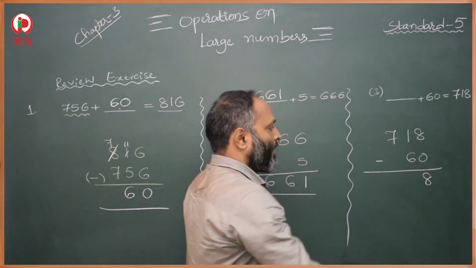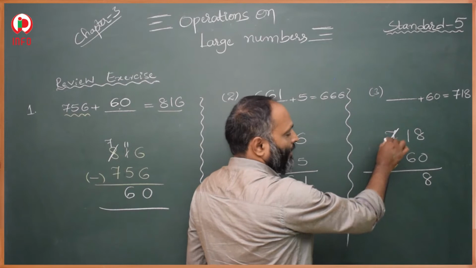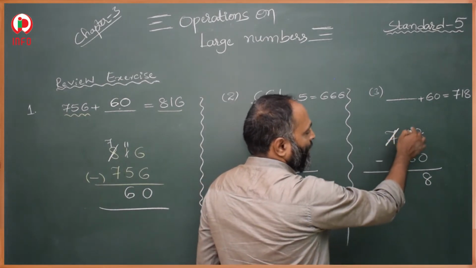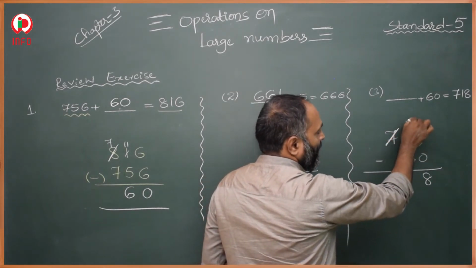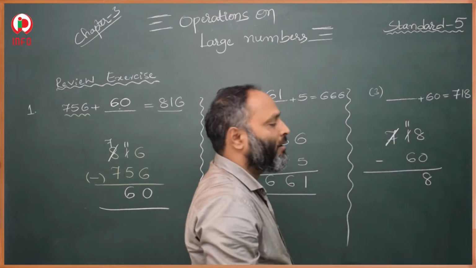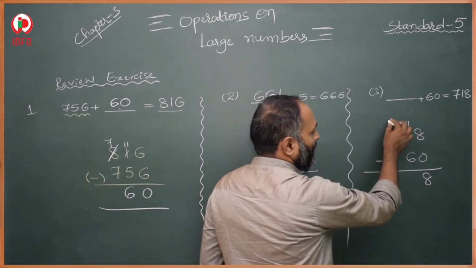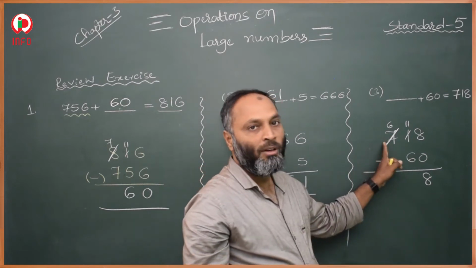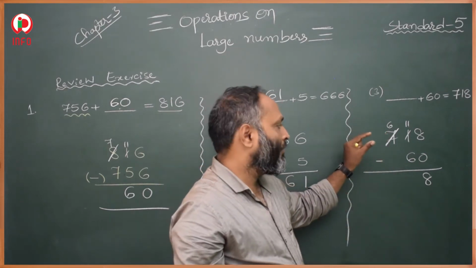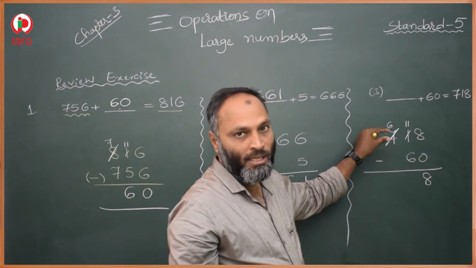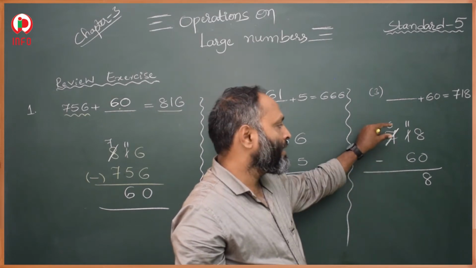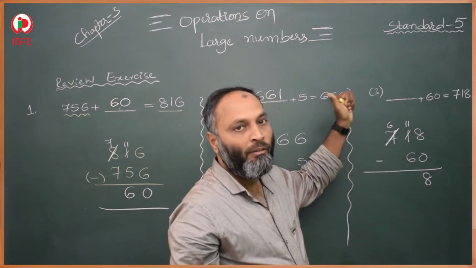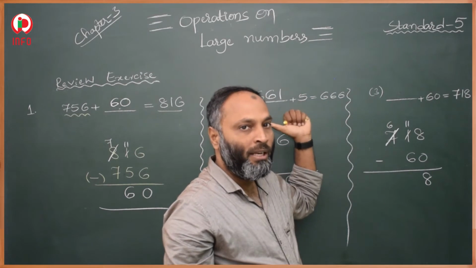This is the minuend, this is the subtrahend. The minuend is smaller than the subtrahend. If the minuend is smaller, then we have to take a borrow from the next digit. How do we take a borrow from here? Here we take a borrow from here. So this one will get 11, it will increase by 10, and this will decrease by 1, that is 6. This way we have to take a borrow.